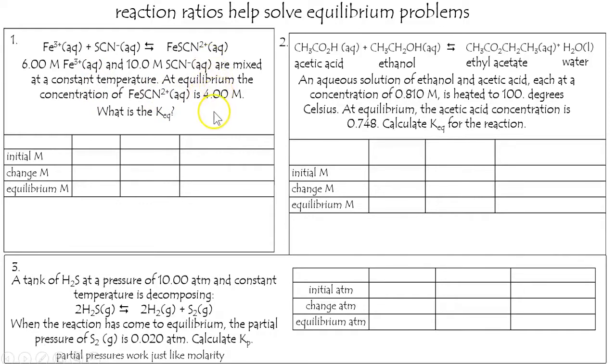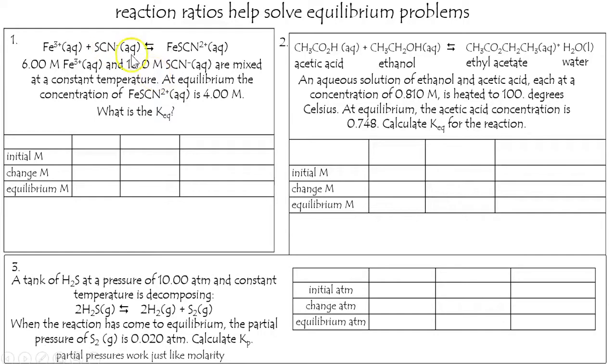I'm going to solve this without doing any sort of bookkeeping, and then we'll show you the bookkeeping method, which we'll call an ICE table, for initial, change, and equilibrium. Well, if this went up to 4 molar and it was initially 0, it went up by 4 molar. Now, since for every one of those that forms, one of those must go away and one of those must go away,